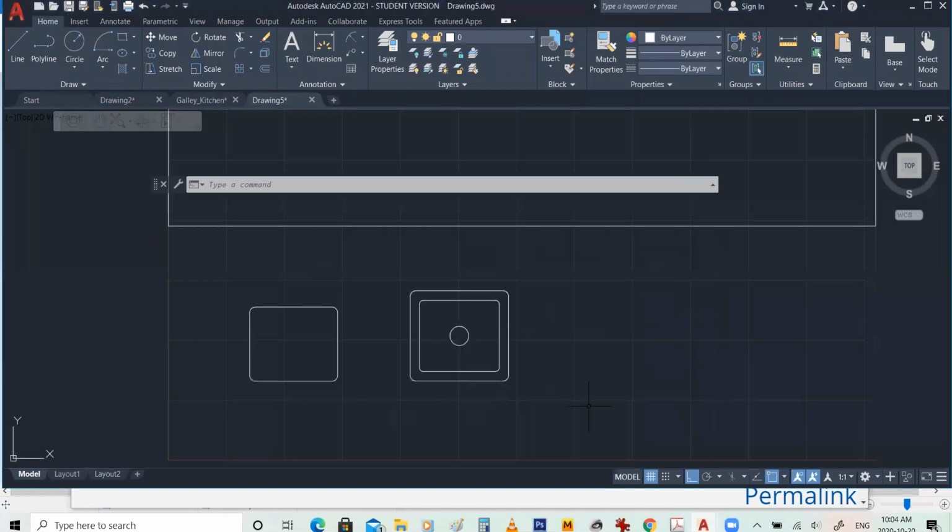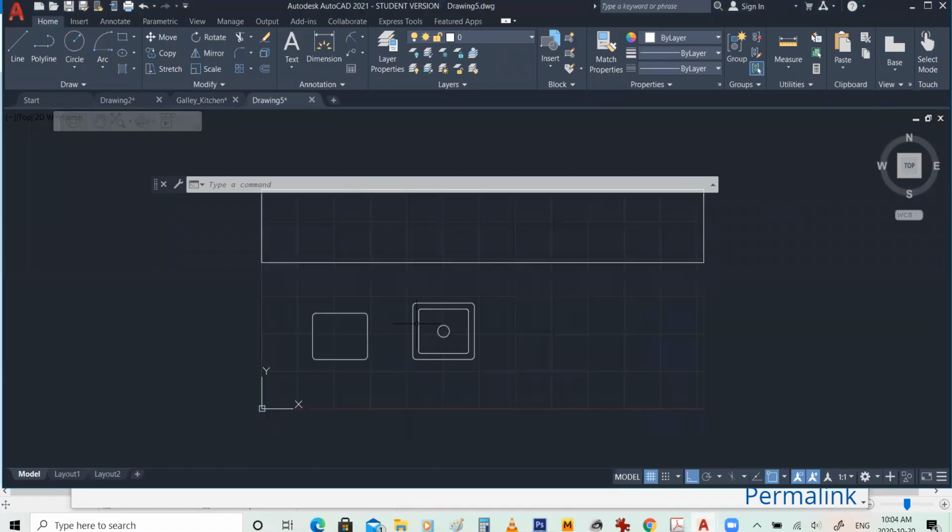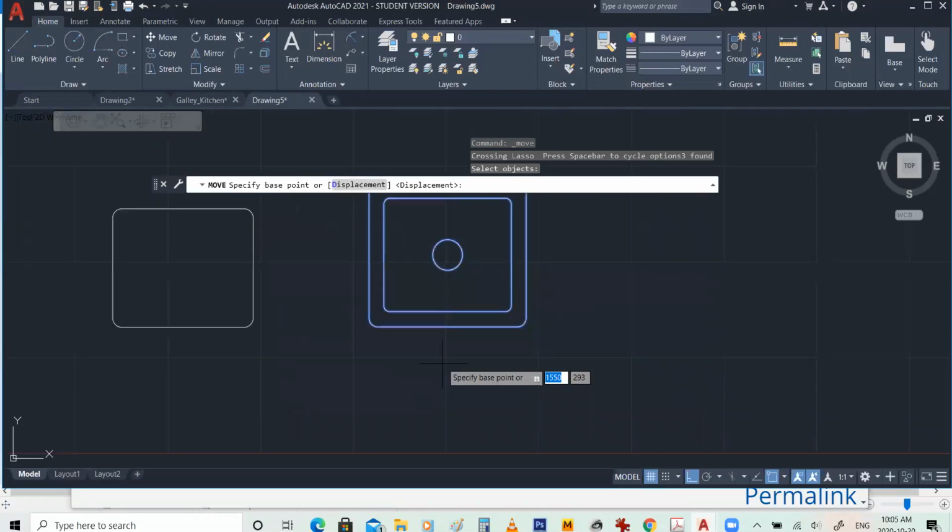Okay, so the last part is moving the sink to be exactly situated at the midpoint of the counter. So to do that, we're going to also use the move command. So I'm just going to click on the move command. Once I click on the move command, the command line here asks me to select the objects I want to move. In my case, those are the objects that I want to move. So I'm just clicking and dragging a big bubble around it. Once I finish selecting, I'm going to click enter on the keyboard,